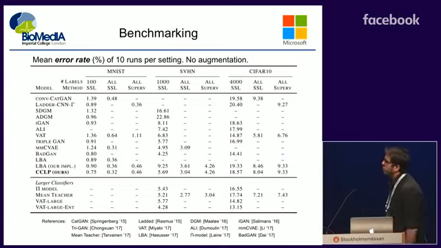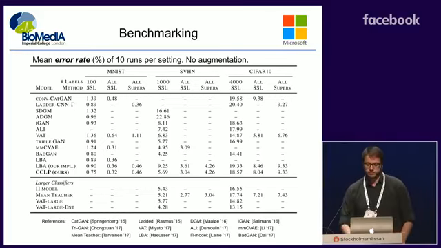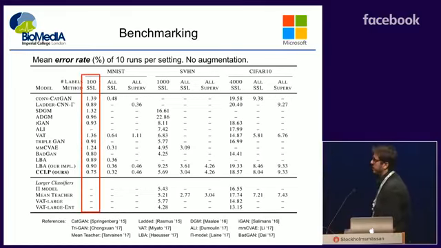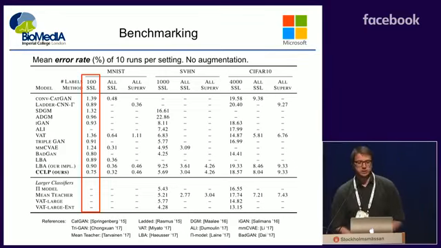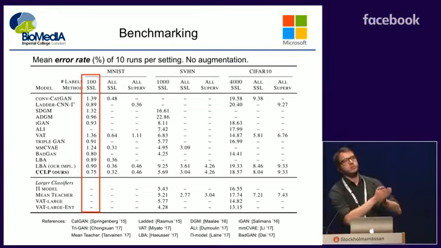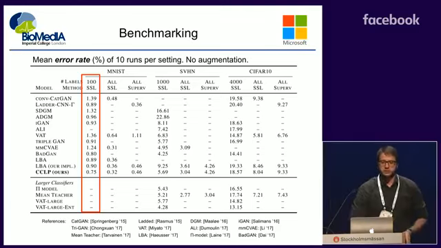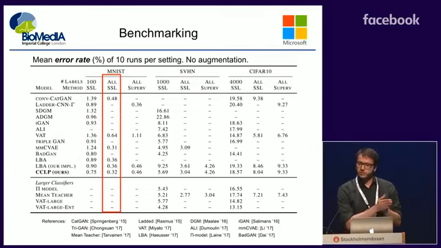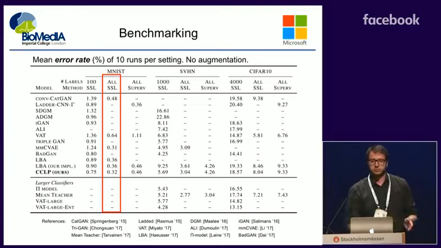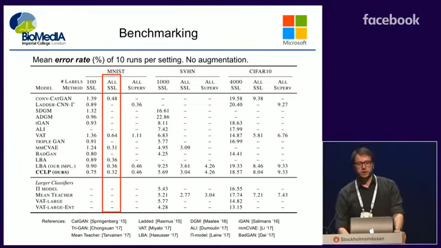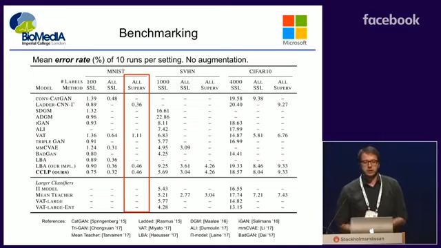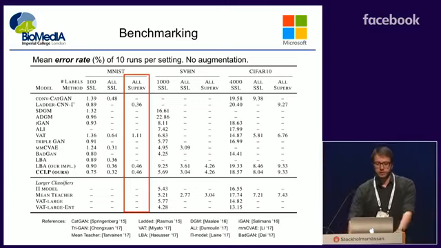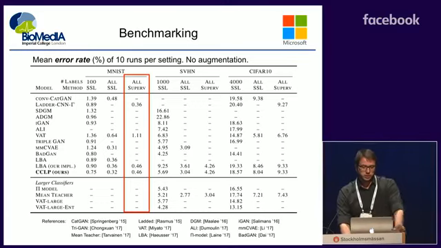Now, I go on with the benchmarking that we did on MNIST, SVHN, and CIFAR, where this table is a little bit massive, and I'm going to walk you through. For every benchmark, there are 3 columns. The first one on the left is the setting where we are applying semi-supervised learning with limited training labels. The next one is semi-supervised learning with all available labels used for training. And the third one is the standard pure supervision with all the labels. This is something like the standard thing that you see in non-SSL works.